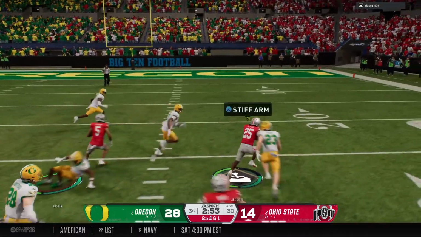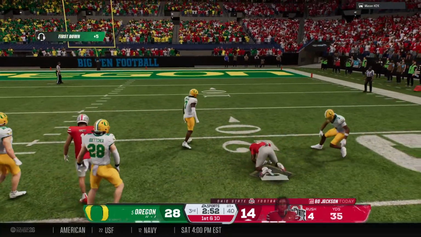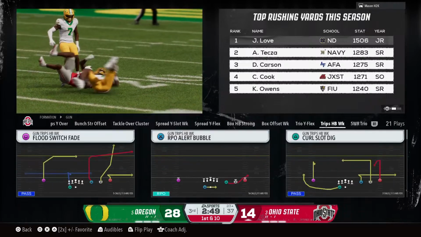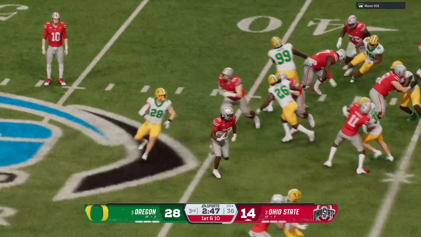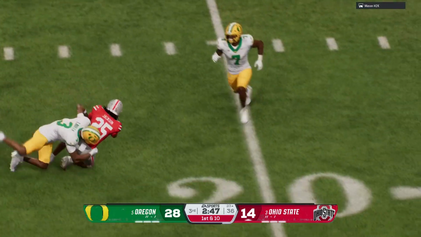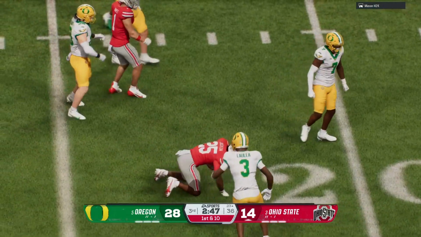Breaks into the clear. Goes out the stiff arm. Recycled with the 23. This offense is getting close to the red zone. The offense looks fired up to begin the second half. That's the kind of play they needed to give them a spark. Absolutely. I know they're down in this game.